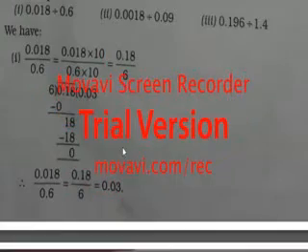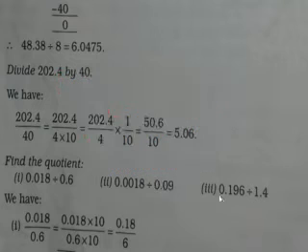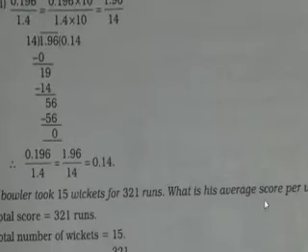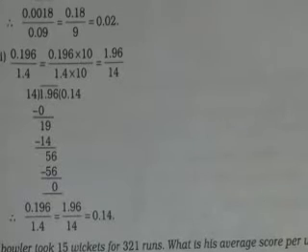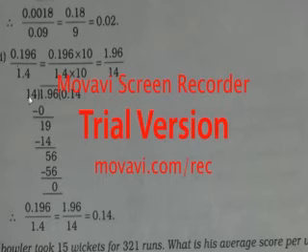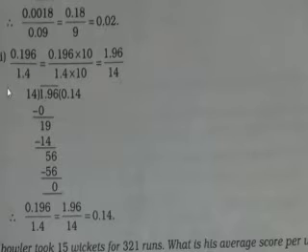If you see the third question, yes, here it is 0.196 divided by 1.4. Here also there is a decimal in the divisor, so you can see how it has been done. At first you have to remove this point from the middle, so 4 should come to this side. For that, up and down it should be multiplied with 10, or simply you can shift the point by one digit, so it will become 1.96 by 14. If you see here, after multiplying with 10 also the same thing happened.